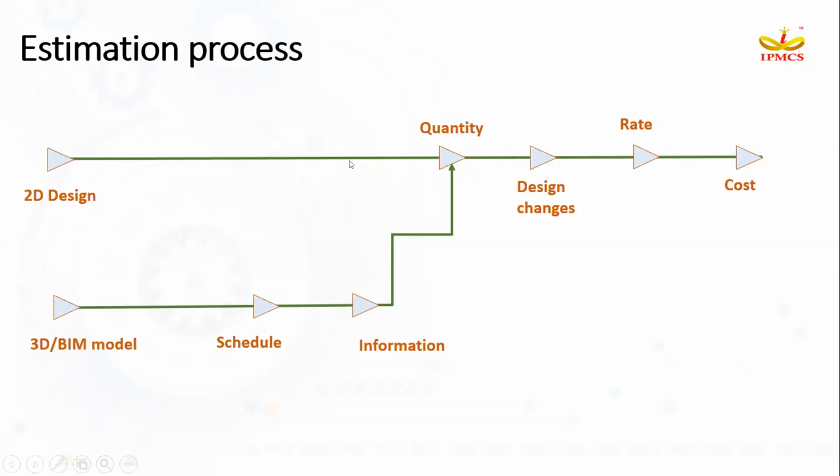When we work with a conventional method, we'll have the drawings in a separate folder in our PC. We'll have the quantity takeoff in a quantity takeoff sheet in a separate folder, and we'll have the rate in a separate sheet, and our final abstract estimate will be in a separate sheet. So all the information will be scattered when we are working with a conventional method. The same can be streamlined when we are moving to a digital estimation solution.